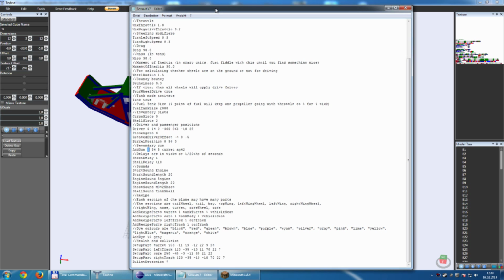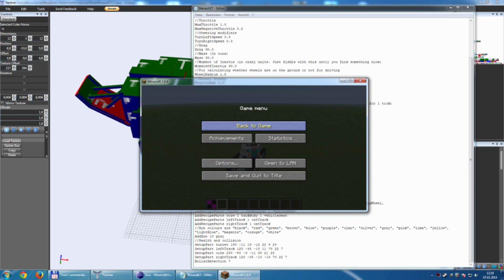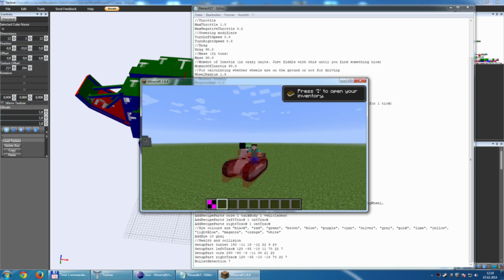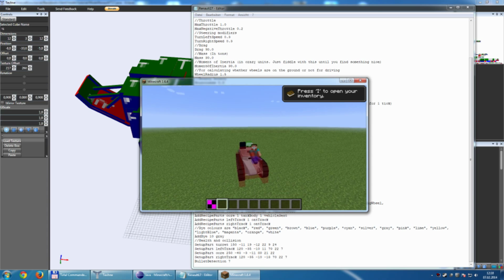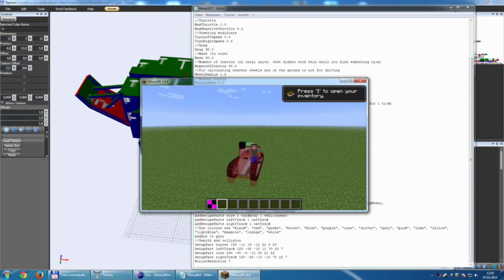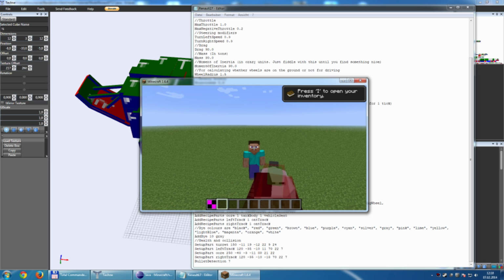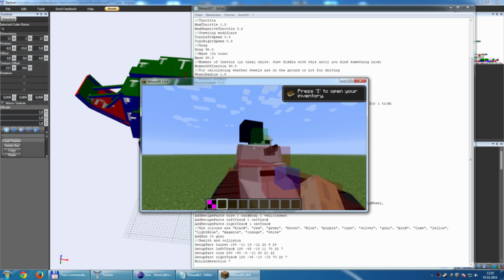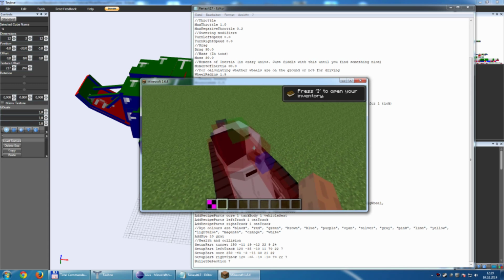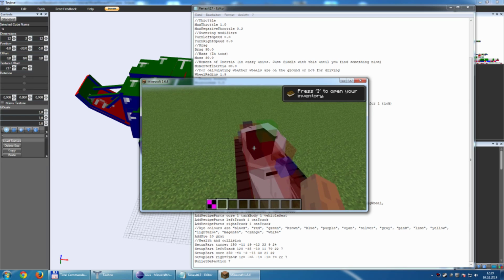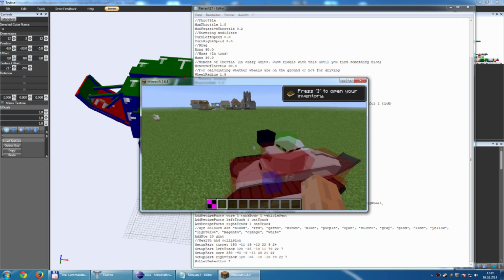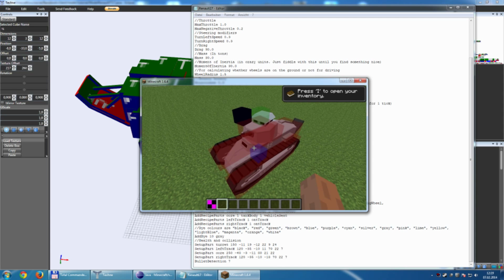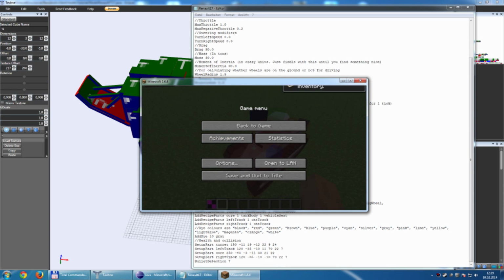So, if we look inside the game and press our nice F10 to the development mode, you will see a block here. This is the gun, the blue one here. This is the gun, and we can change it simply by